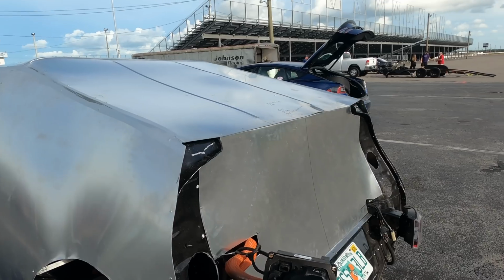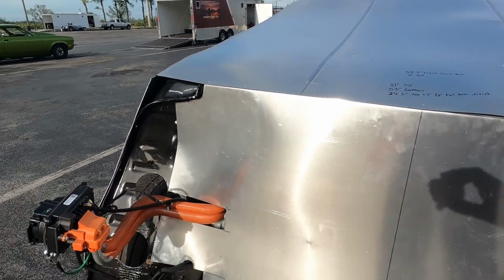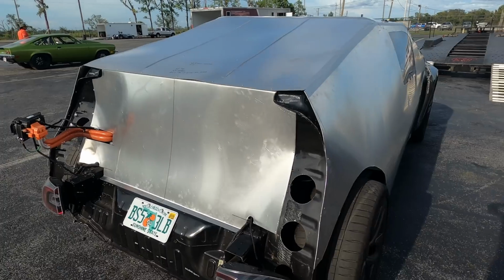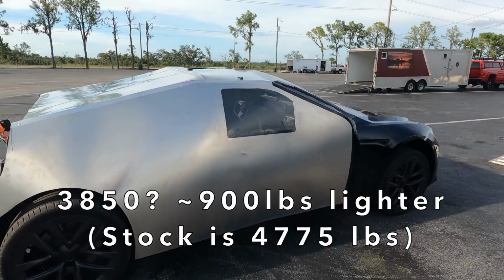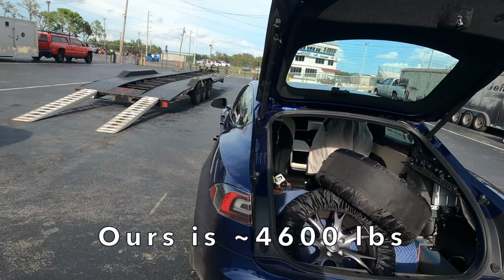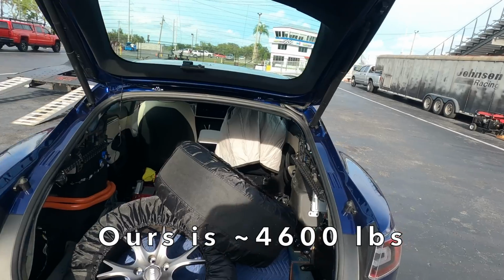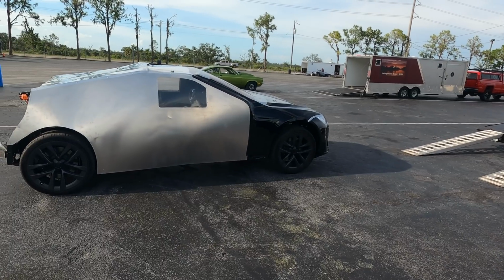Looks like they closed up the back. Last time I saw this thing it was open up in the back end so you could climb through. But it's also got an escape hatch on the top, which is kind of cool. So my understanding is that car is about 700 pounds lighter than stock, and we're only about 170 pounds lighter than stock. Now, we've run a bunch of 910s in this car, and it looked like the E-Roy over there has been running